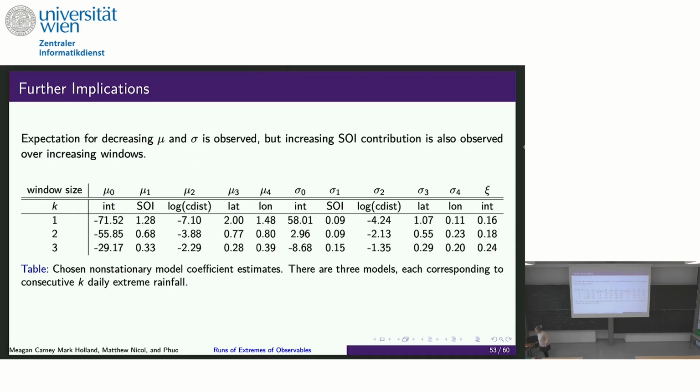And from this information, we've actually done the fitting already. We observe a very similar trend in the location and scale parameters, and that this decrease is because it depends on the extremal index, which is decreasing itself. But you'll notice that even though on the whole the location and scale decrease, the SOI for the scale increases. So what this tells us is that the Southern Oscillation Index plays a bigger and bigger role as we're looking at longer and longer windows of extreme rainfall. The Southern Oscillation Index tells us something about ENSO.